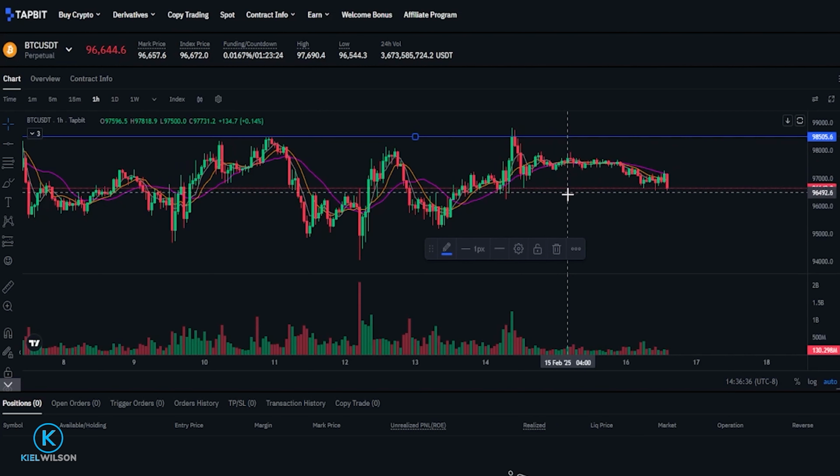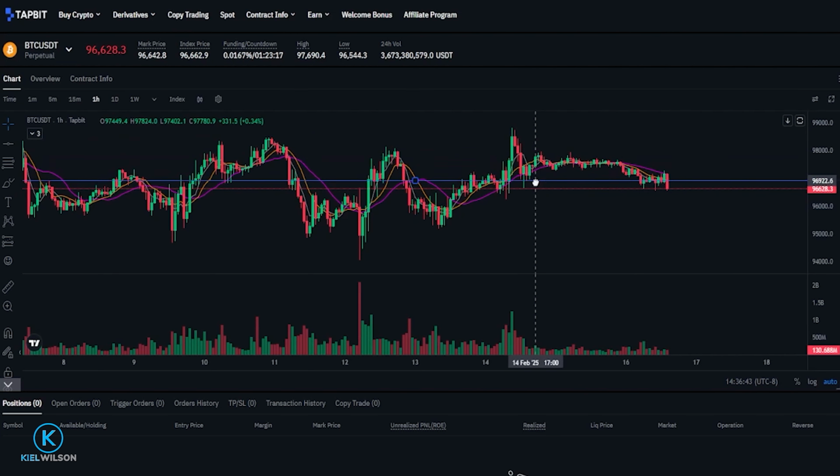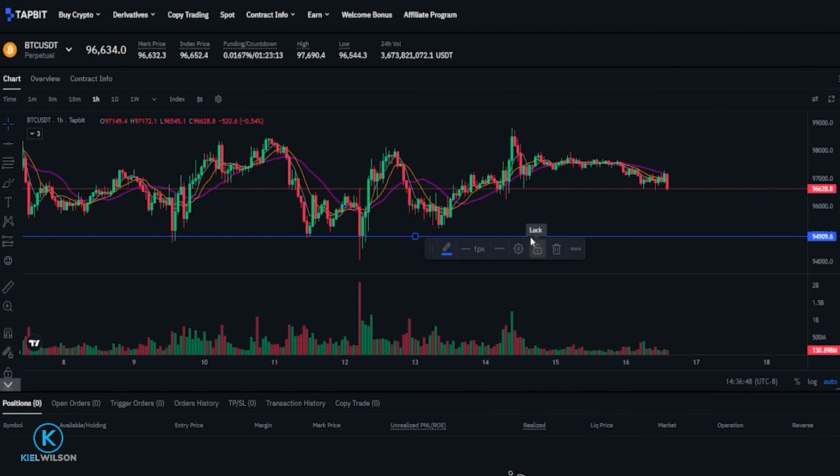hourly time frame. If I want to move that around, I can hold down left click on top of the drawing tool. And now I can drag this horizontal somewhere else. So we can take it all the way down here. And we can mark out these candle bodies like this. And now I'm marking out a little bit of support on the hourly time frame. If I want to get rid of that horizontal, I can just click on this trash icon right here, and